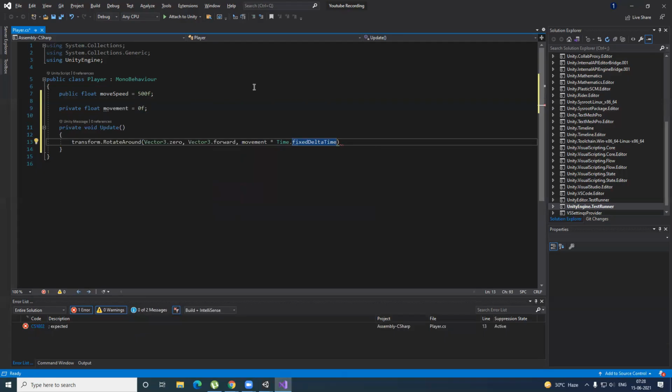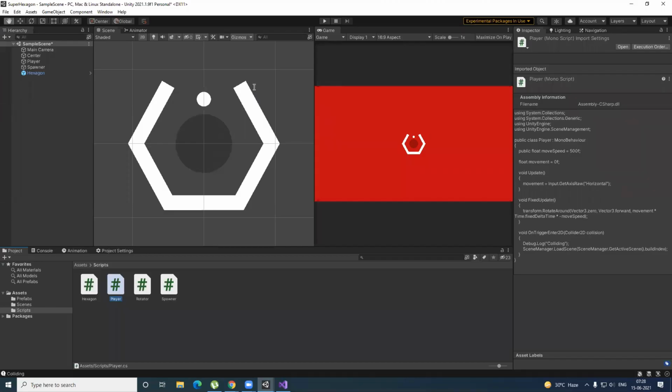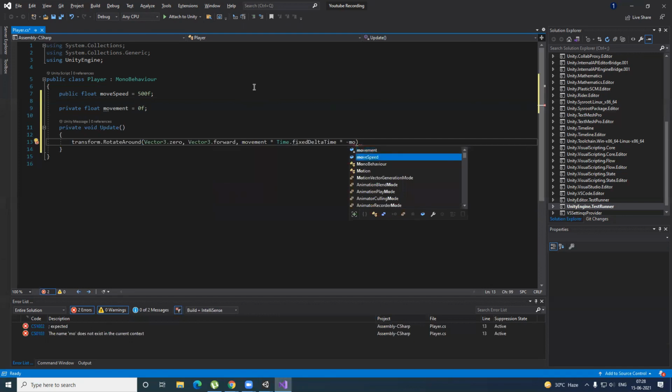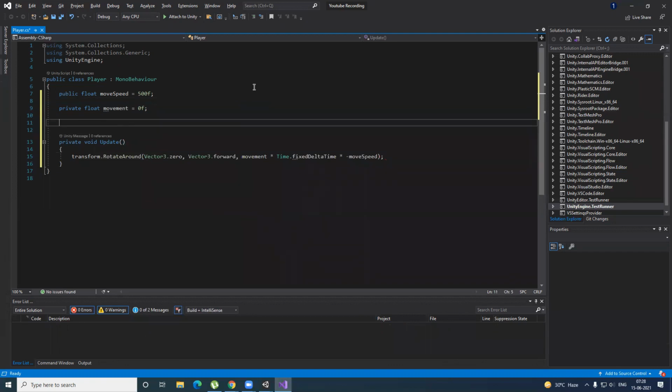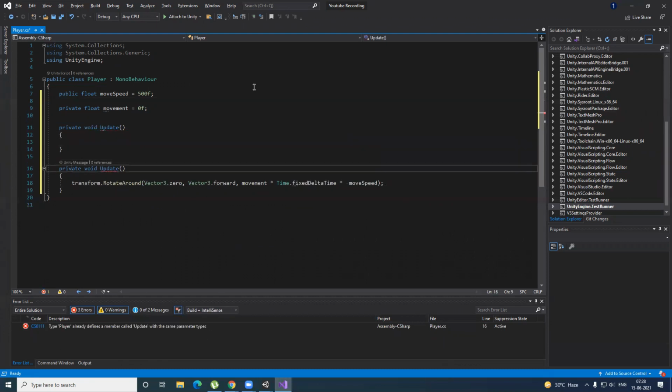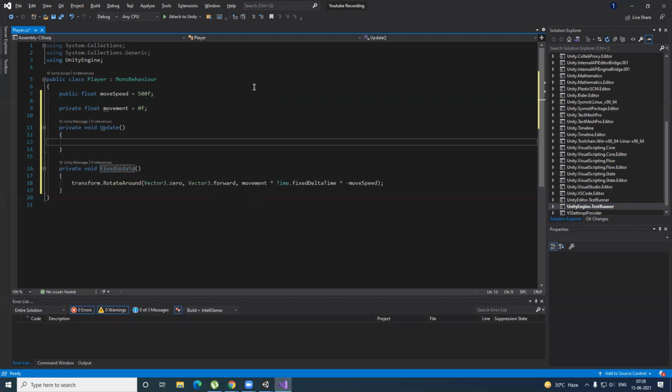Oh wait, into negative of moveSpeed, right? So let's say private void FixedUpdate, right? And here the movement is equal to Input.GetAxis horizontal.